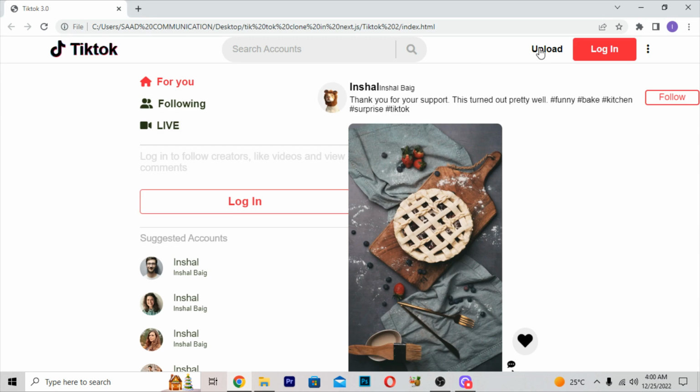In the upload button I have not put any hover effect or background color. I've just made it simple because in upload you don't have to do anything else. If we want to upload any TikTok or amazing pictures, you can use this upload button. But upload is not really an important button here. It's your choice whether you make it or not, but I have made it so users can upload their TikToks or anything like that.